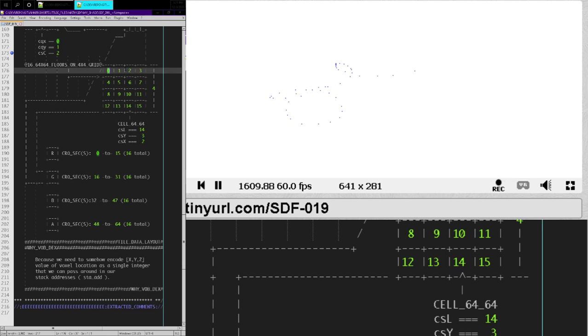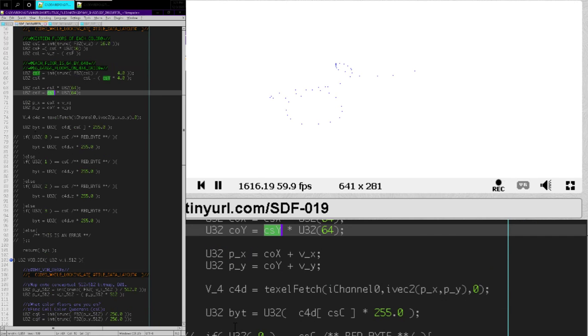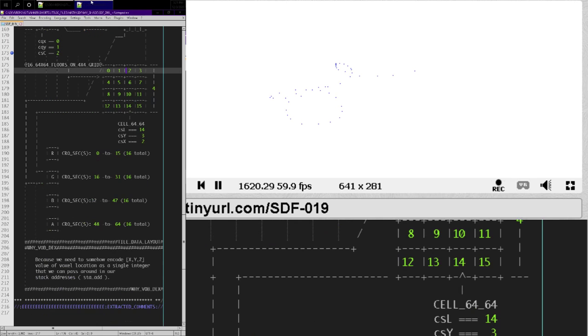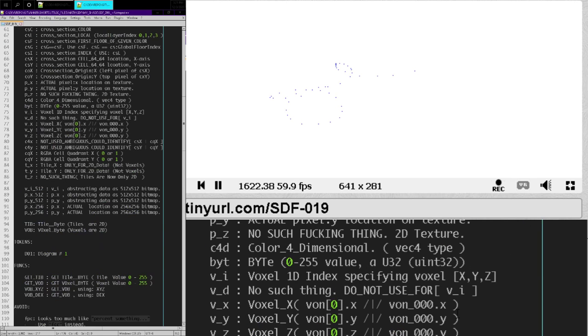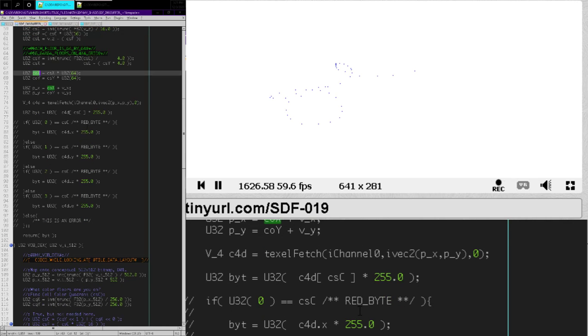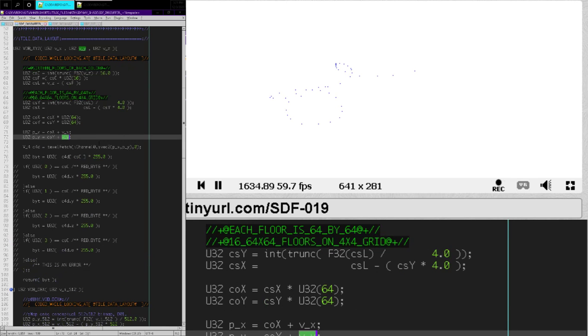So these are the cell indices, and then to get the origin of the pixel index, that's how we're going to do that. Okay. So after we have the origins, let's make sure we have the origins. Do we have the COX, COY? Are those in there? Yep, they're in there. Pixel X, pixel Y, we're going to take those origins, and we're just going to add VX and VY. So VX and VY are always local to the